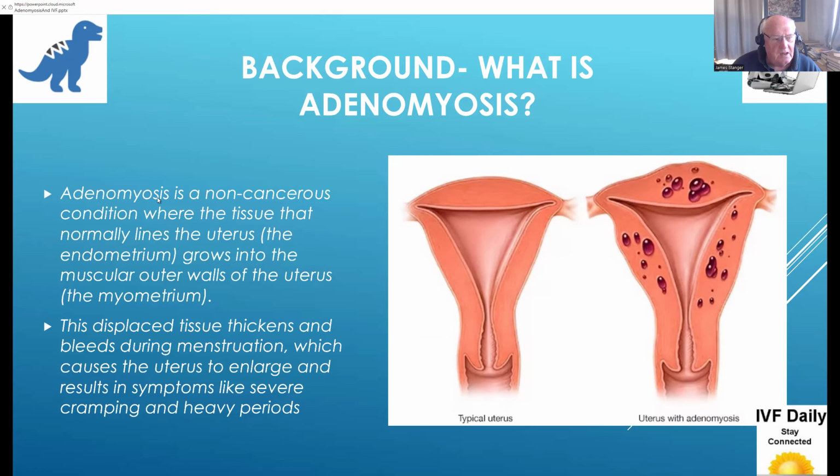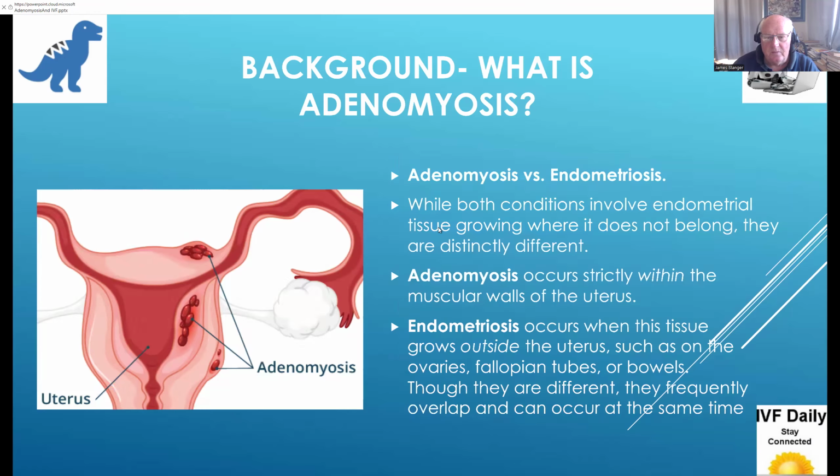So adenomyosis is a non-cancerous condition where tissue that normally lines the uterus, the endometrium, grows into the muscular outer walls of the uterus, the myometrium. This displaced tissue thickens and bleeds with menstruation, which causes the uterus to enlarge and results in symptoms like severe cramping and heavy periods. There was a slight question about what's the difference between adenomyosis and endometriosis, and the